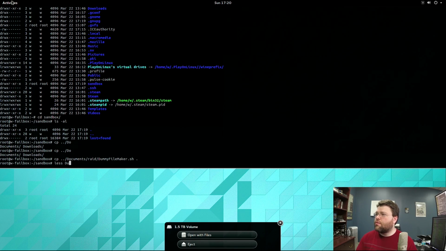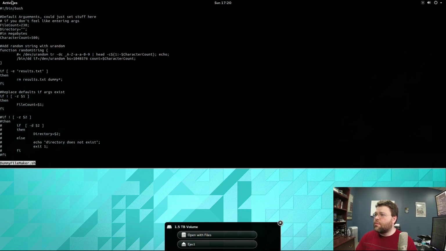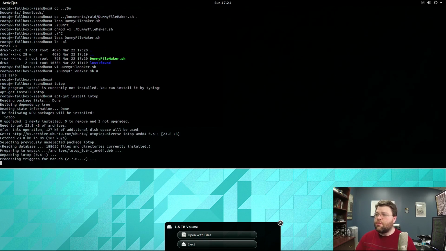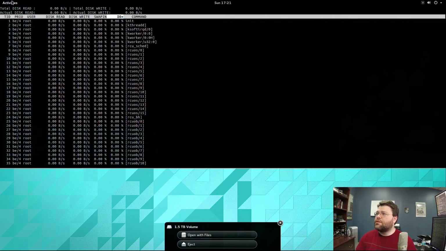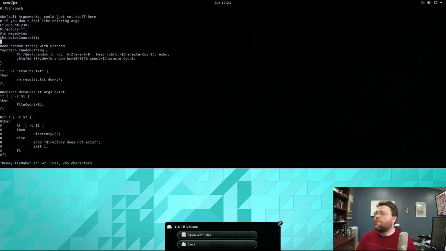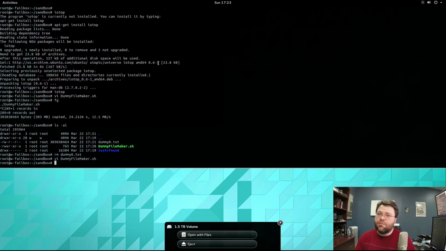Let's just take a look at it real quick. 500 meg works for me. So we're going to run the dummy file maker and then run iotop just as kind of a sanity check and make sure that that's running at a reasonable speed. Nope. Oh, this is the old version. So /dev/urandom is too slow. We're going to use /dev/zero instead, and then we're going to overwrite with random ones. But it means every file is going to have the same MD5 sum,